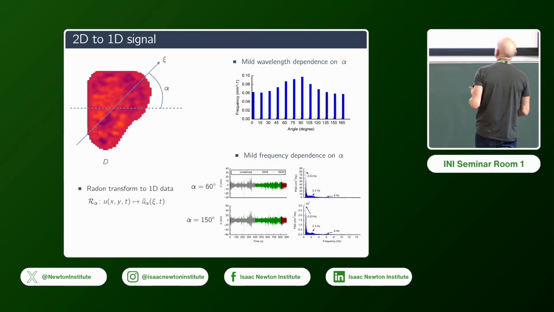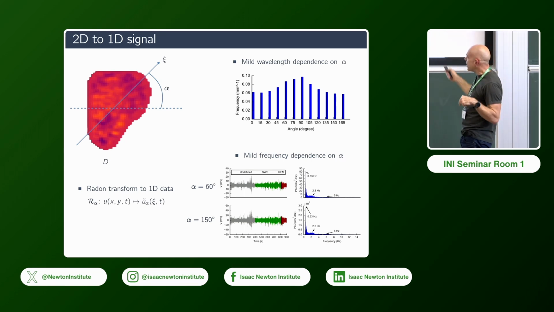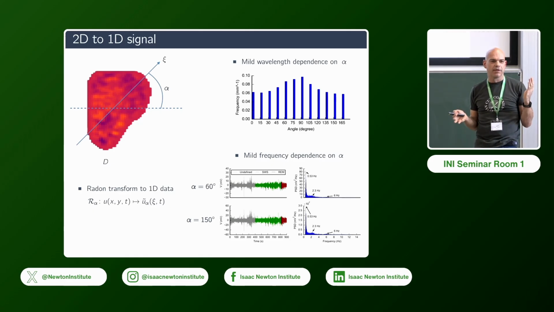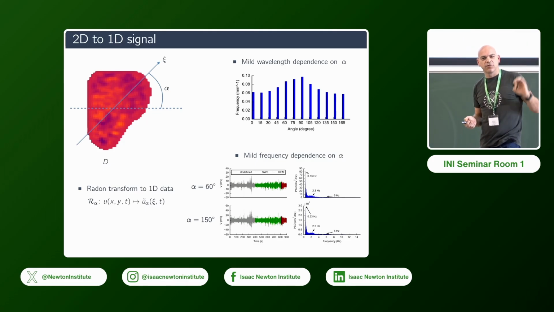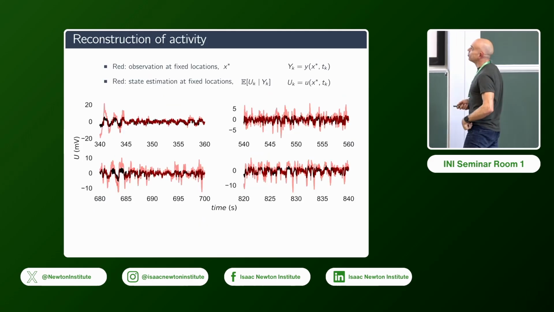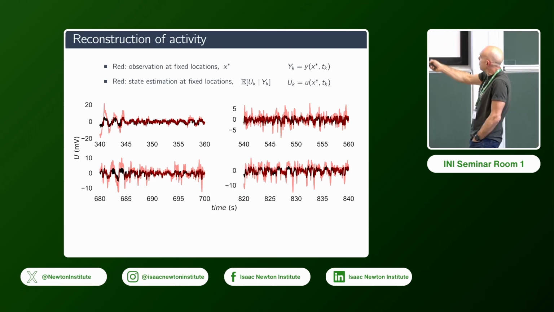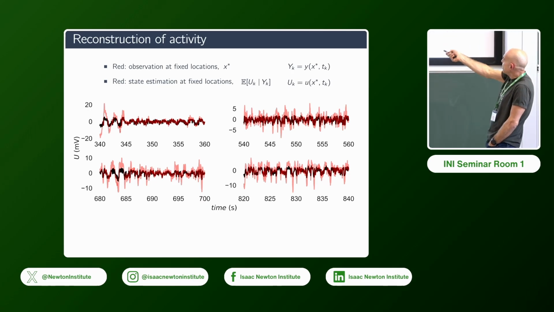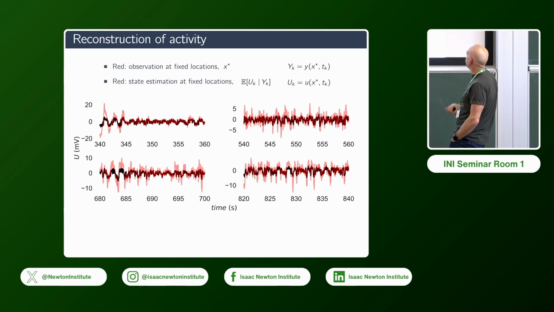And what Khadija finds out is that the wavelength I've just discussed, as well as the temporal frequencies I've just discussed in the data, are not terribly dependent on alpha either. So that prompts us to say it's not completely out of the blue to do this in 1D. Or at least we could try and do this in 1D. And on they go, and they do it in 1D, and now this is real data in red versus the reconstruction that we have in black. These are 4 pixels that I've selected, and they seem to be going all right. Actually, they follow the signal rather well.